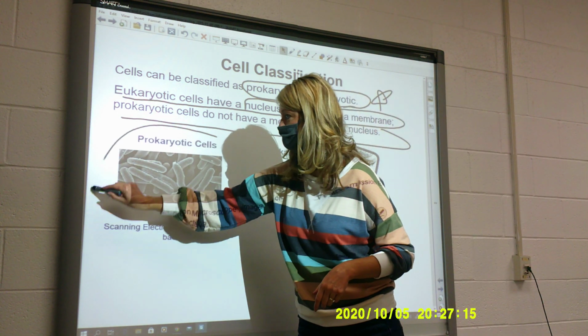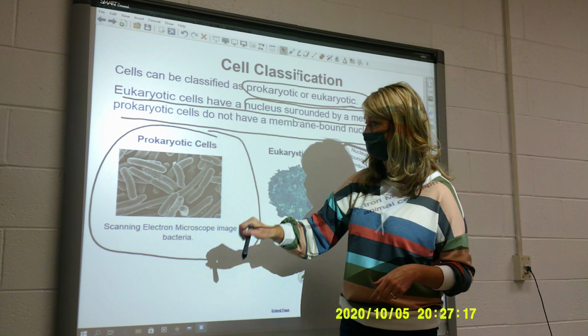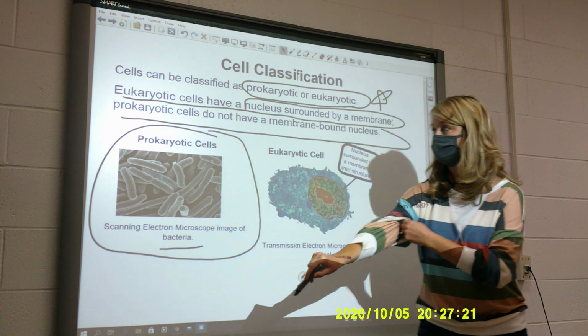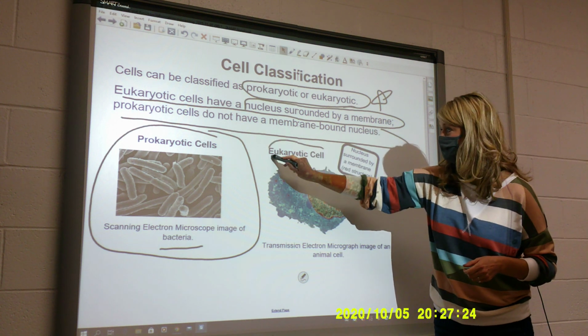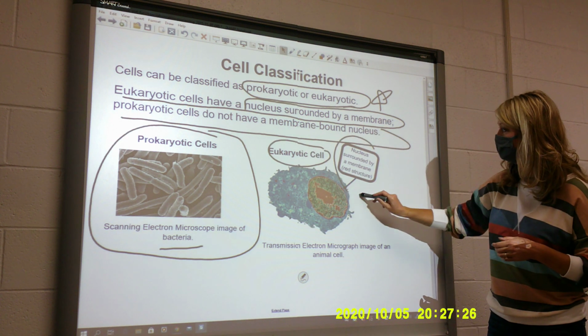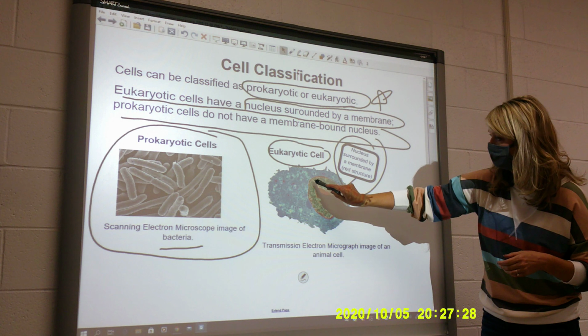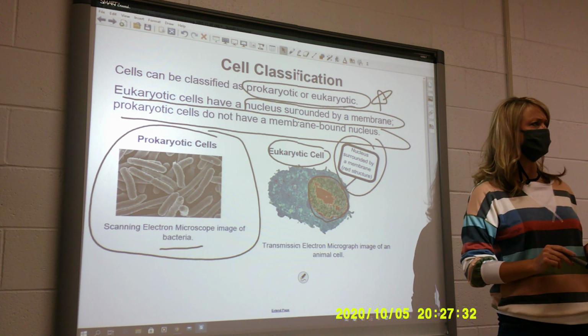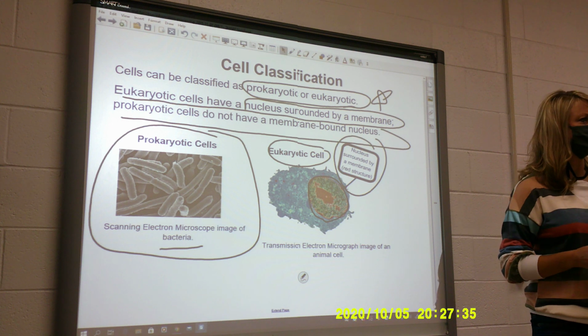Prokaryotic. These are going to be very simple, one-celled organisms. So an example would be bacteria is an example of a prokaryotic cell. And then we have a eukaryotic right here. It has a nucleus that is surrounded by a membrane. What is a membrane? Can anyone tell me? Yeah, Will, what do you think? The outside,